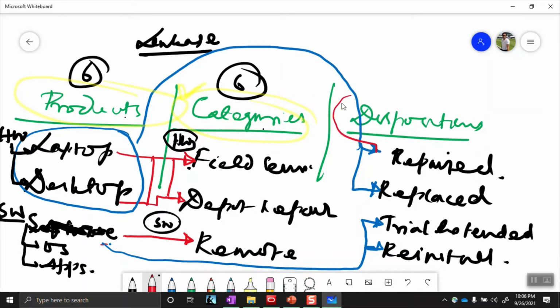It is only available to our internal users, that is the internal employees. They only know about these particular dispositions. I know that this is showing a little clumsy here, but I believe that once we get into the system, it will be clearer to you. So let's try to simulate this particular case.